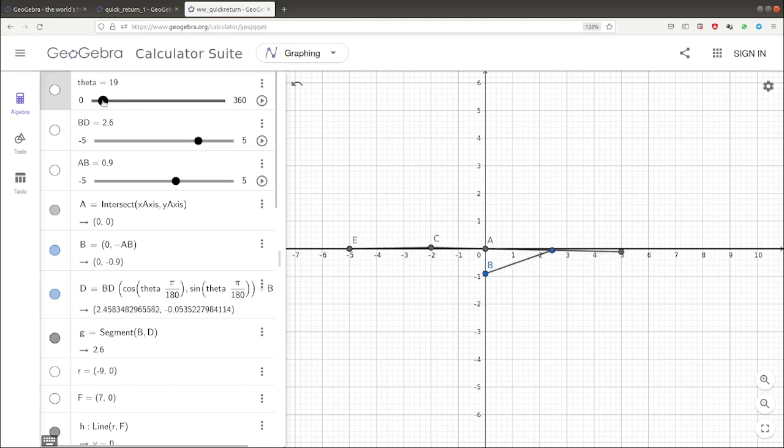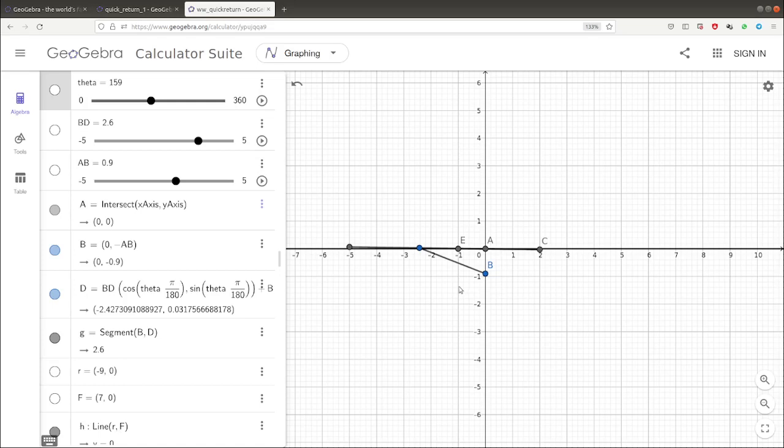For example, from this position to this position, this angle will be theta r and the remaining will be theta f. So using this we can calculate theta r and theta f.